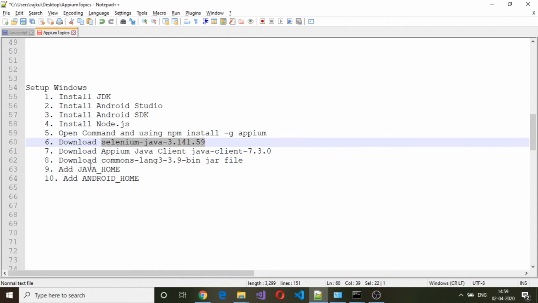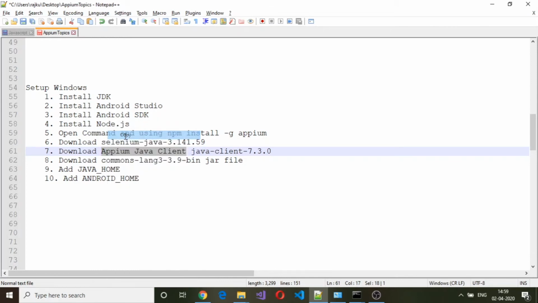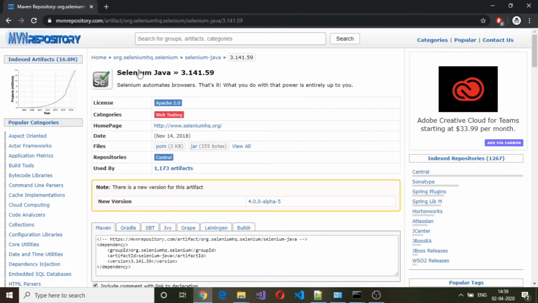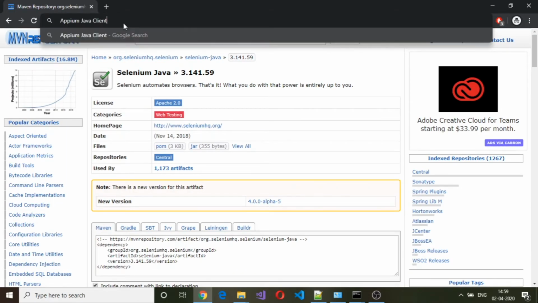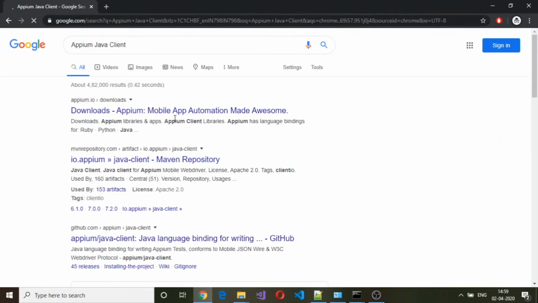As a next step, we need to also have APM Java client. Okay, again go to Google and search for APM Java client and click on the link which goes into apm.io.